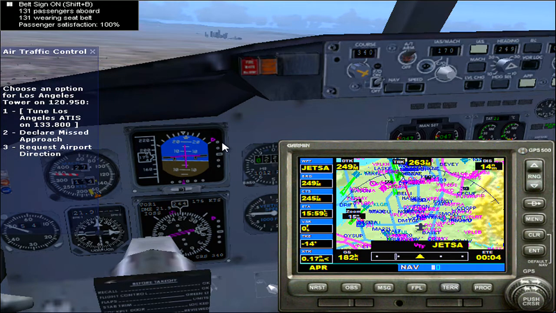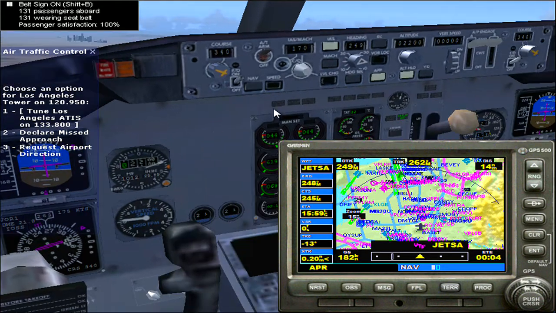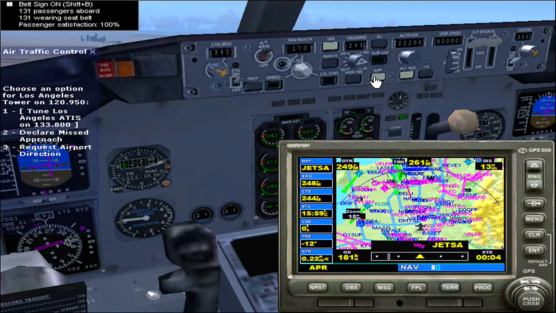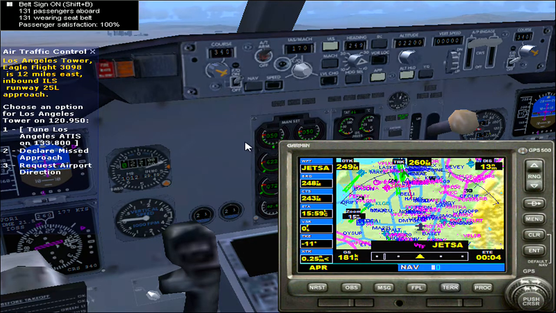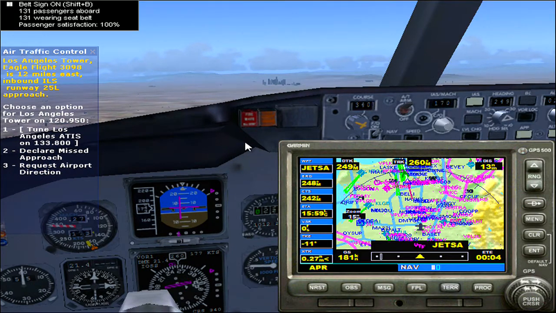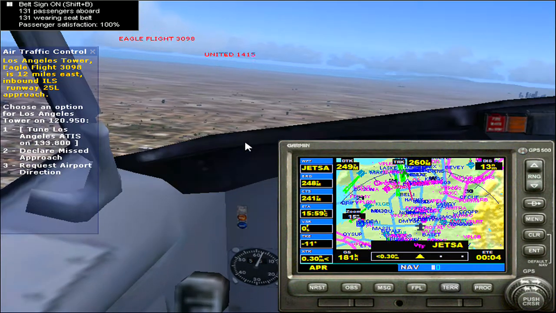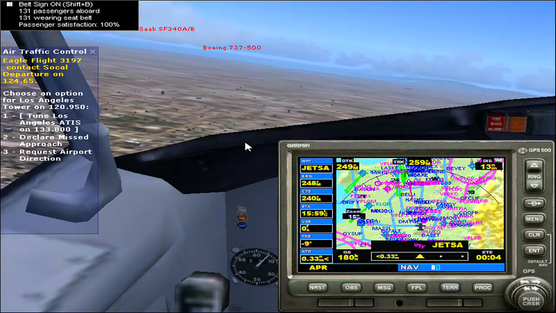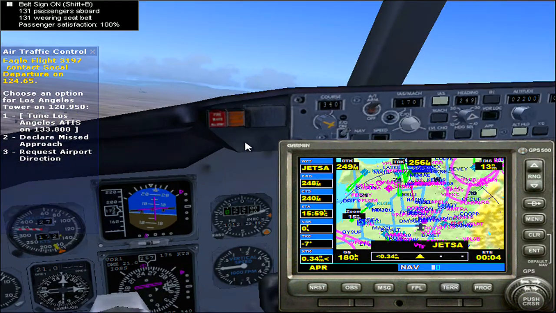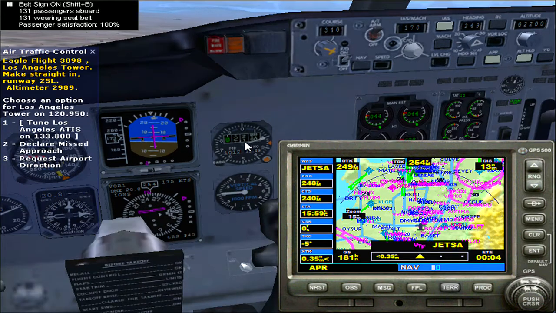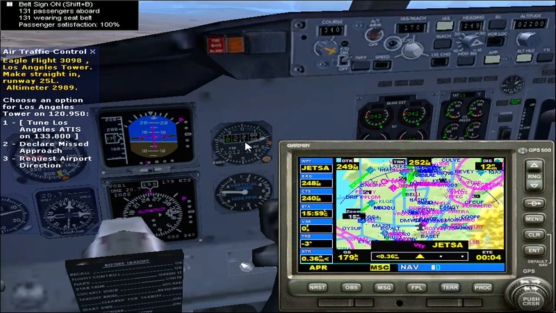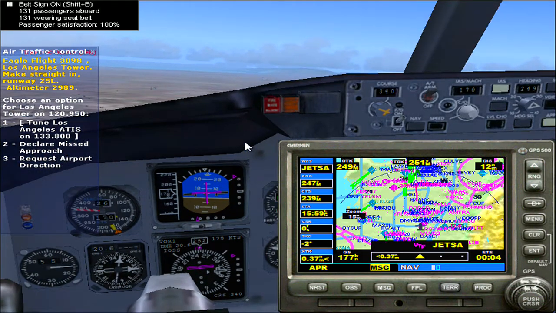I'm close enough now to where I'm going to intercept it from below. So I'm going to turn off approach hold and reapply it. And what that's going to do is allow me to intercept this glide scope. What I just did is basically based off of experience because I've done this a lot. We're very close to 170 knots now, so I'm going to lower flaps to 10. But yeah, just based off of experience,